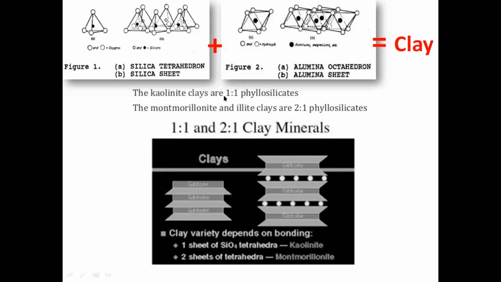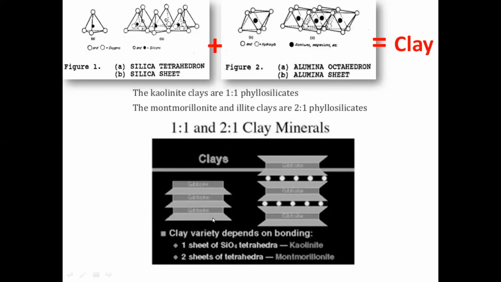Now, if you put many layers like this, you end up getting what is called the clay crystal. Kaolinite clays are called 1:1 phyllosilicates. This kaolinite is what is available in nature. So you can look at this picture. You can see this schematic where you can see the difference between 1:1 and 2:1 clays. And you can see here on the left hand side,